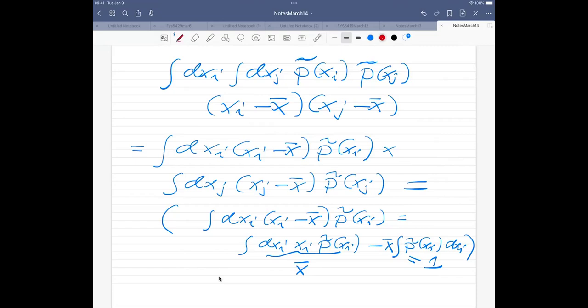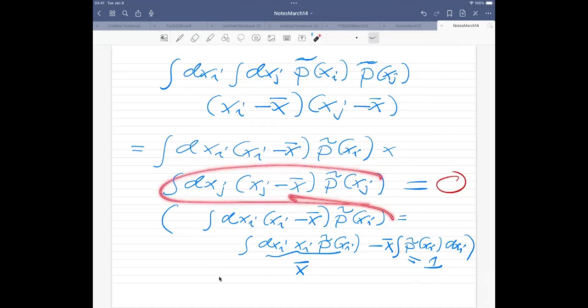Yeah, because each one of these is an independent variable, we have separated out the calculation here. You see now this is x bar, the mean value, and this is just 1. So it's the mean value minus the mean value, which is zero, and you would get exactly the same result for the other integral. So what we say then is that if we have independent variables, they are not correlated. The covariance is a measure of the correlations between your data points.